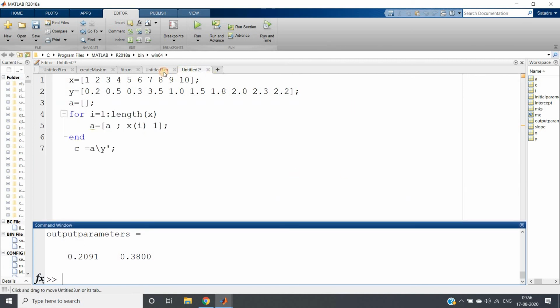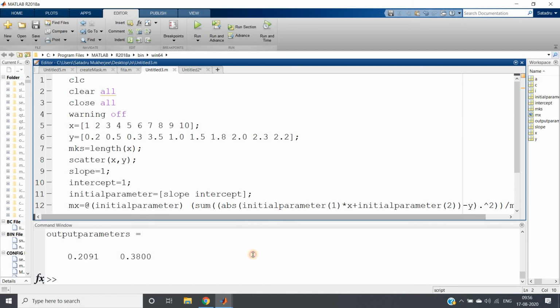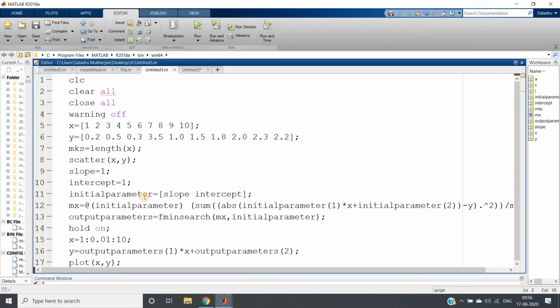This is all for this video. Try to understand the concept. Remember 2-3 points: in the anonymous function, try to define your function with respect to only one variable. That can be a vector, no problem. And the initial parameters whatever you are passing should be only one variable. So what you can do is put all those in a single vector or matrix or array and then pass that. And one more thing, whatever order you give in your initial parameter, the same order you will get in the output parameter, right?